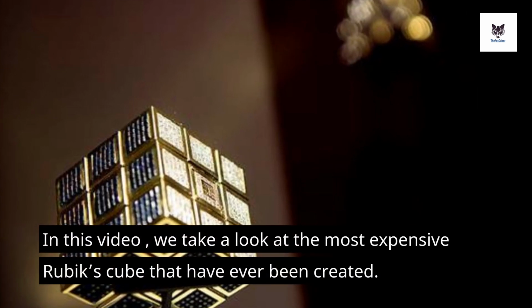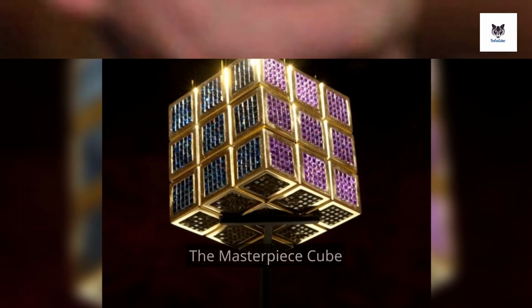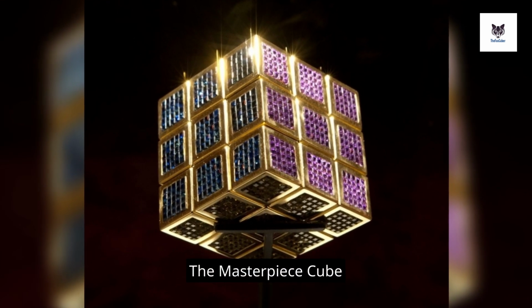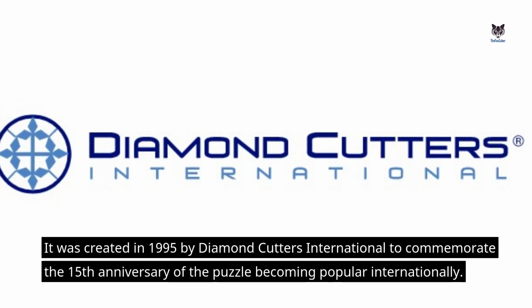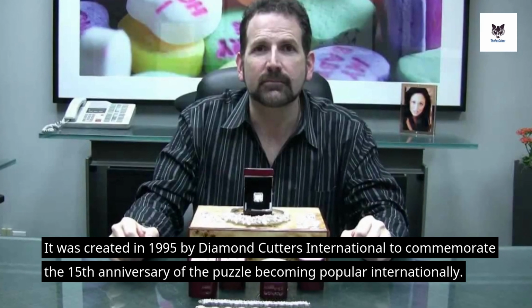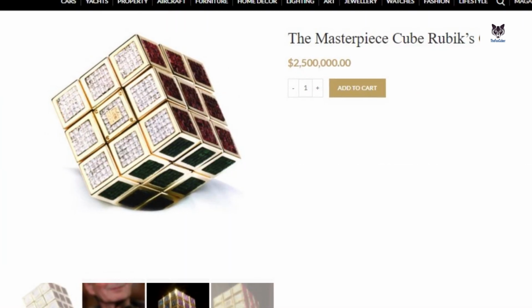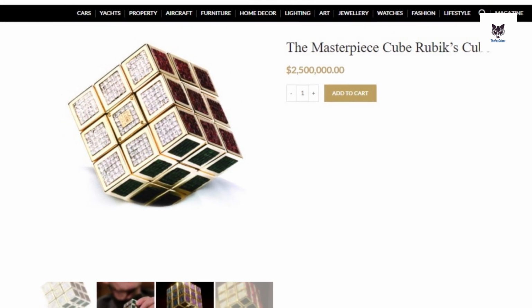In this video, we take a look at the most expensive Rubik's Cubes that have ever been created. The Masterpiece Cube. It was created in 1995 by Diamond Cutters International to commemorate the 15th anniversary of the puzzle becoming popular internationally. It is estimated to be valued at a staggering $2.5 million, and is a part of the